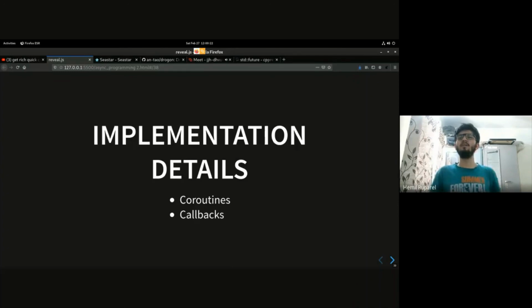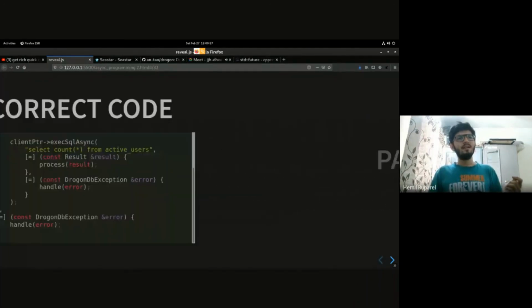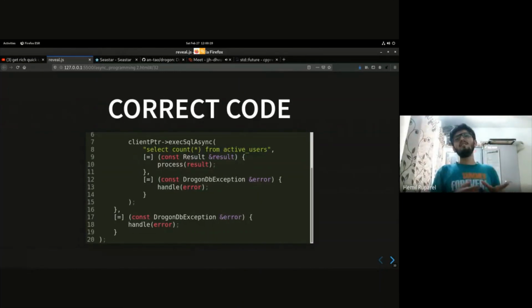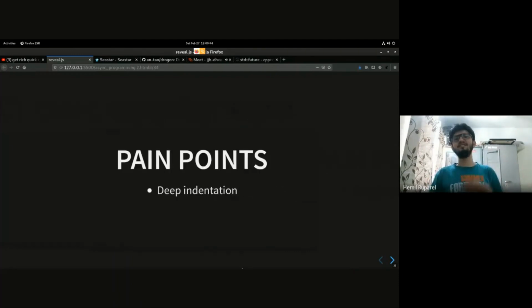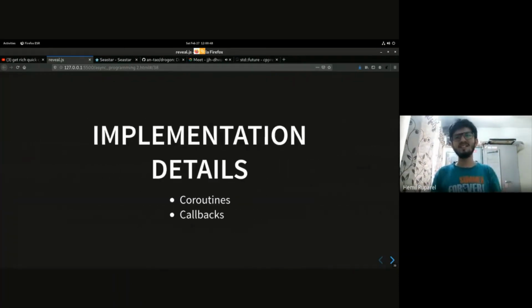And the second is callbacks, like we saw in the Dragon example over here. What we can do is hand the scheduling of the threads to a background library, and the library will provide us callbacks that execute when a particular operation is complete. So those are the two ways you can implement libraries that do this. There are no coroutine libraries yet because, of course, it's just been introduced, but there are a lot with callbacks.